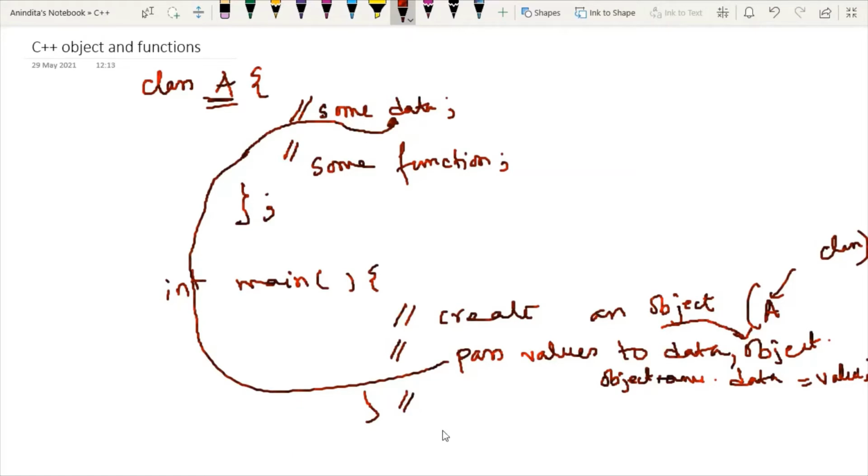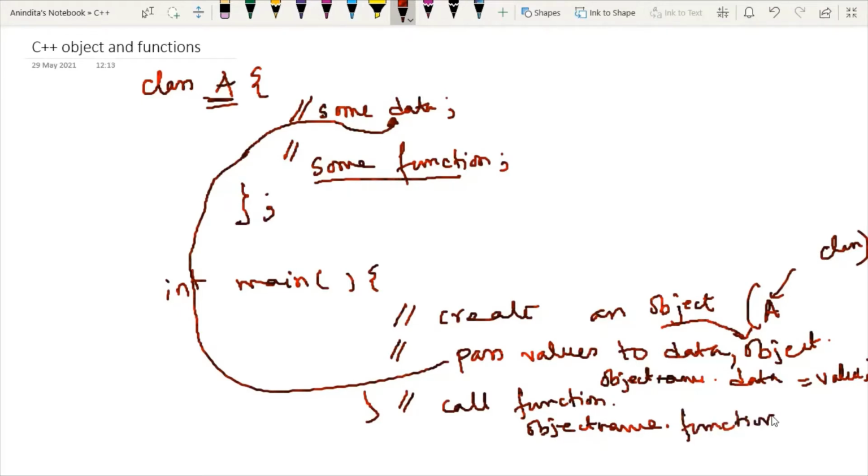And then the third task will be, whichever function we have defined inside the class, we have to call that function. And how to call the function? Again, we have to write the object name, then dot, the function name, and then the parentheses symbol. So this task we are going to perform.